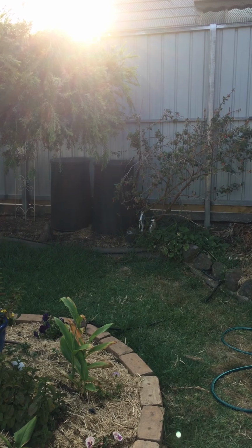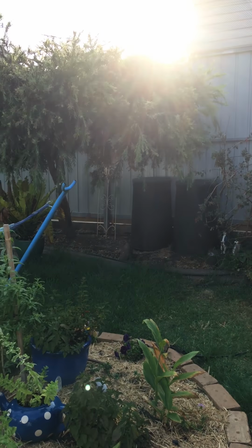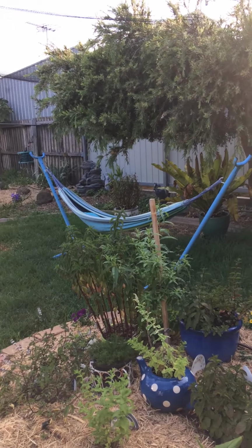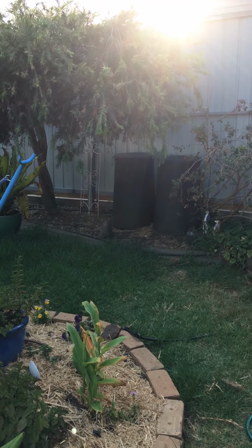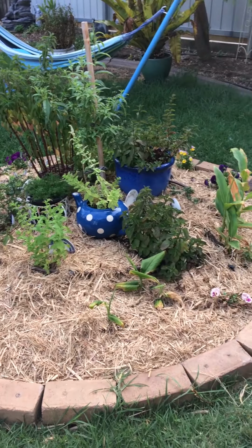So I've put my compost bins, and I will have a proper compost bay over here inside the cat run, so it's all netted over. It's hard to tell, but it's all netted over at the top, so that the mice and rats can't come in, or if they do come in, they're going to be scared away by the cats. So here I've got my tea garden, so all sorts of weird and wonderful mints here,